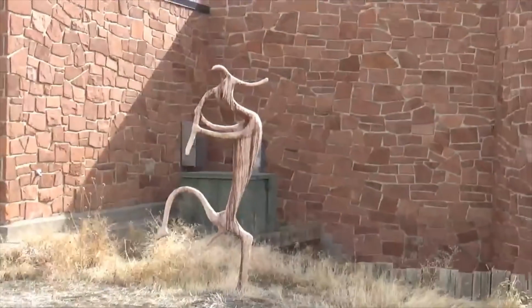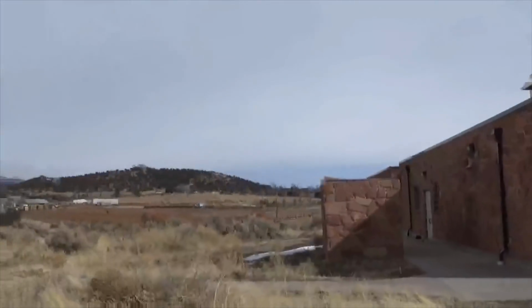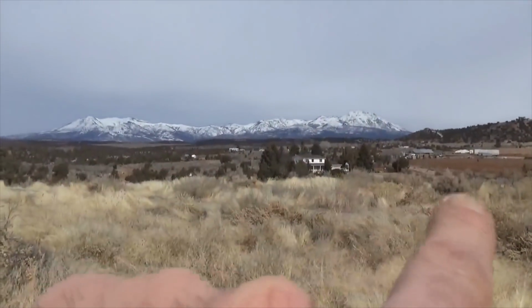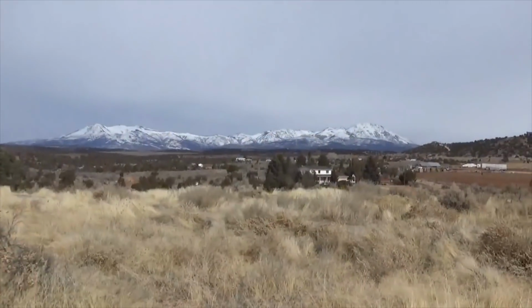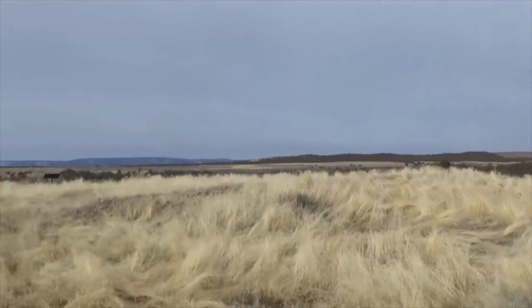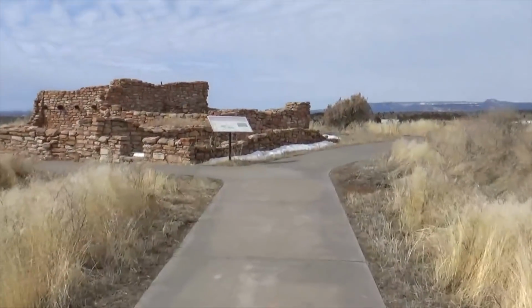So Newspaper Rock would be just over here to the east and behind us. No, it'd be northwest. Okay. Northwest of us. And so these are very prominent ranges that come right out of the desert. They just come right out like a big blister, and there's several around here, including the Sleeping Ute. And now here we are at some ruins, which are clearly